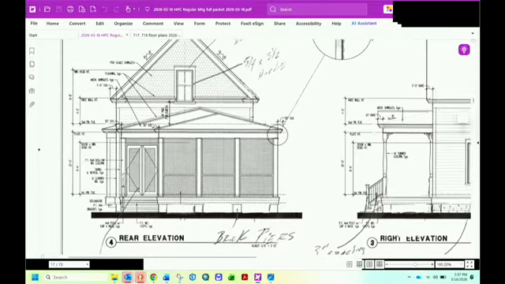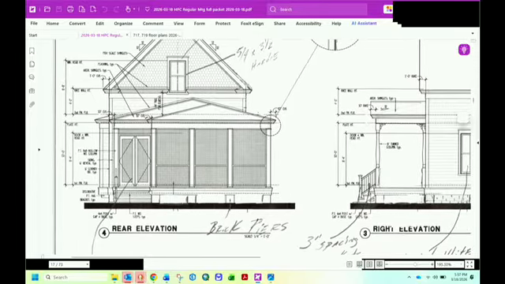And then the steps are also called out as pressure-treated wood. And the entire back porch is supported on brick piers with no infill between the brick piers, so open underneath this screen porch. Okay, that should probably do it for now. The only other thing is the corner board here on the sides. Those are called out as a 6-inch corner board.